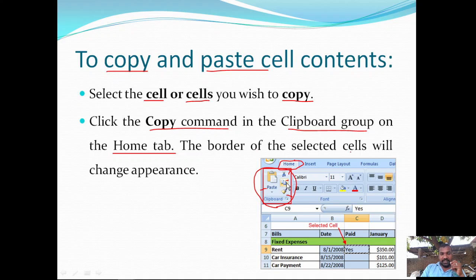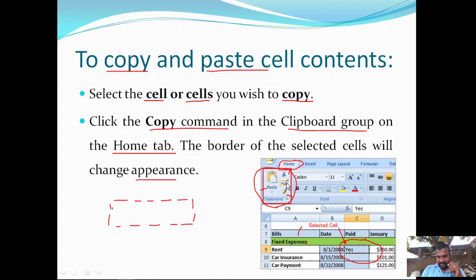The border of the selected cell will change appearance. A dashed structure is applied for the selected cells. You can observe in the diagram here, this is the selected cell and these are the normal cells.